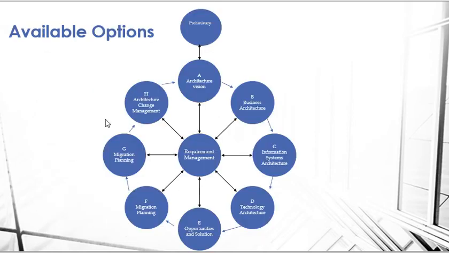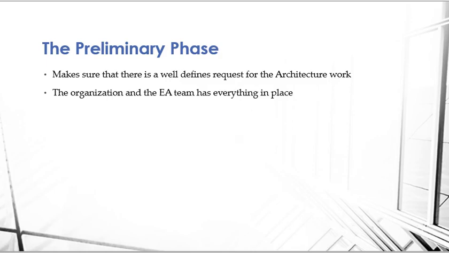The diagram of the ADM is often called the crop circle because of its shape. As you can see in this diagram, the requirement management is at the center of the phases, and all the phases are directly connected with all other phases, which reflects the changes. Any change in a single phase is directly reflected in the requirement